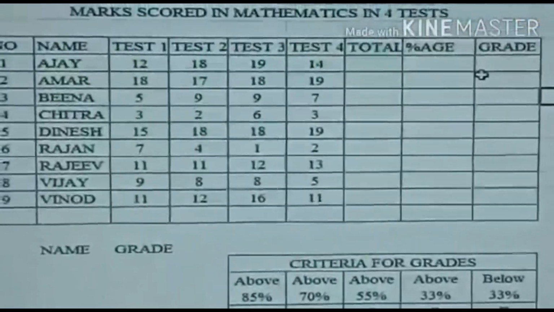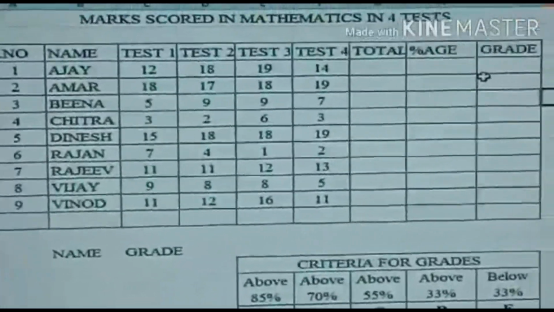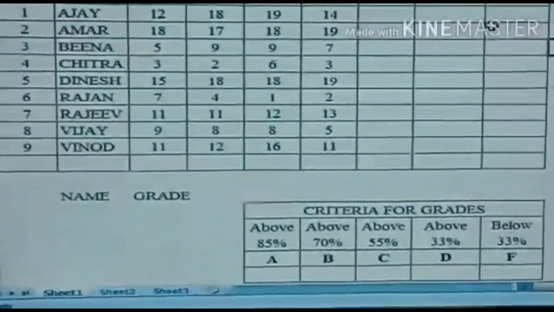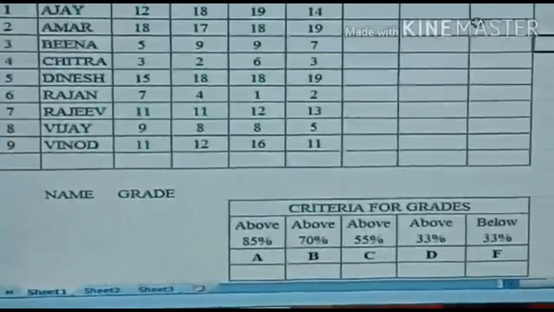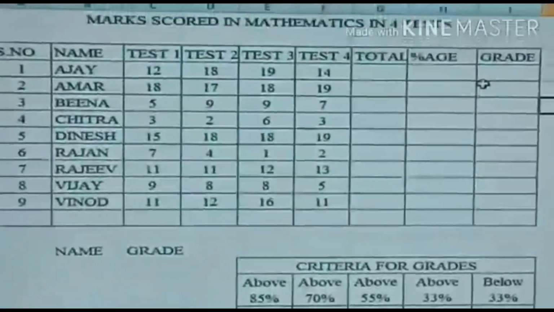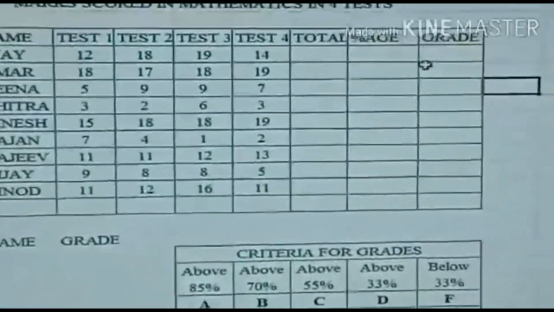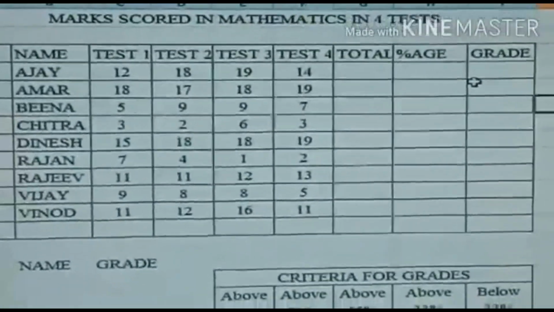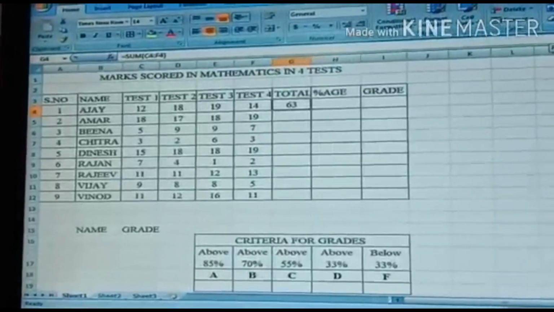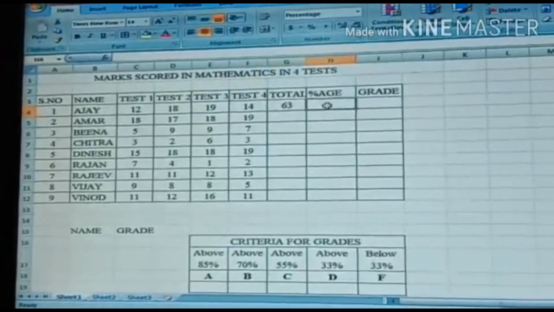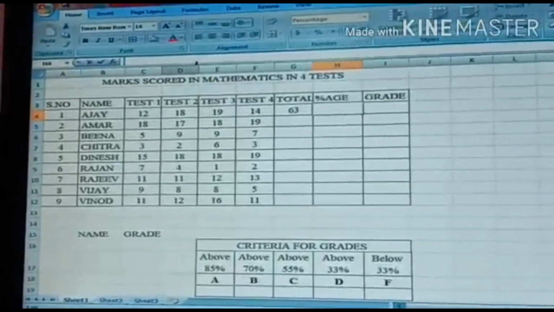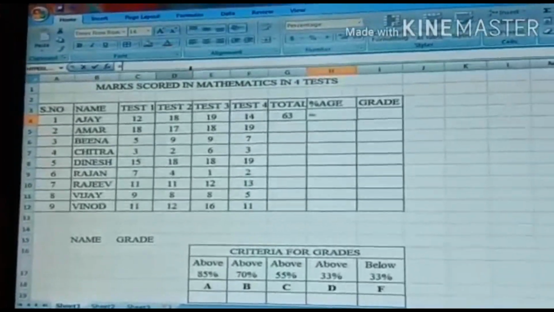Now let's start with our first command, that is the IF command. It is a conditional statement that gives a true value or a false value on the given condition. We will use the IF command to find out the grades. As we know that the grades are on the basis of the percentage scored by the student, we have to have the entries for the percentage column.